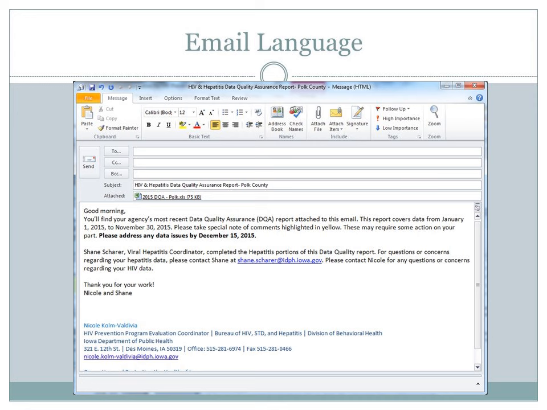So this is just an example of email language that's used, and basically we just tell them the dates which the report is covering. Usually at the end of the year, we also send out the final report, and sometimes it's just a summary of the data across the state. Again, I would recommend asking supervisors specifically who they want to receive this email, because it could certainly vary by agency from what we have found.